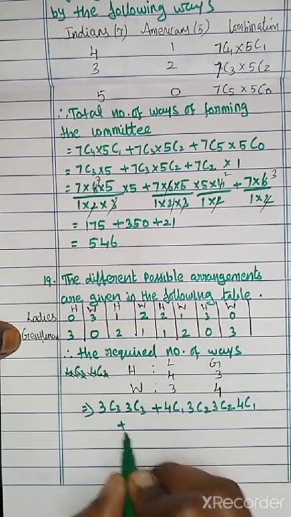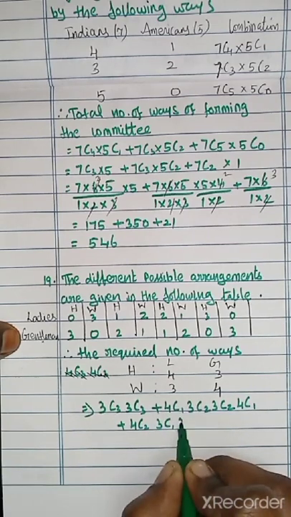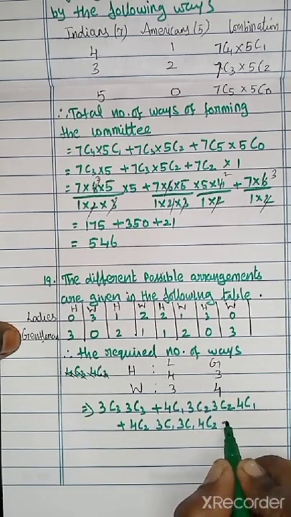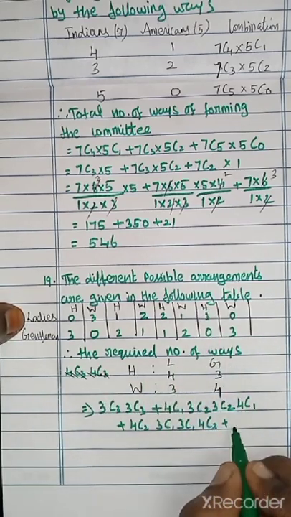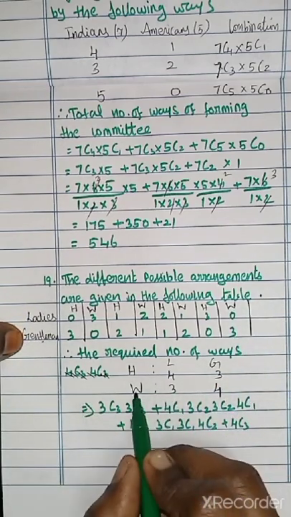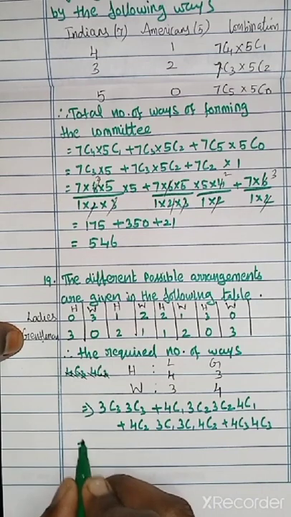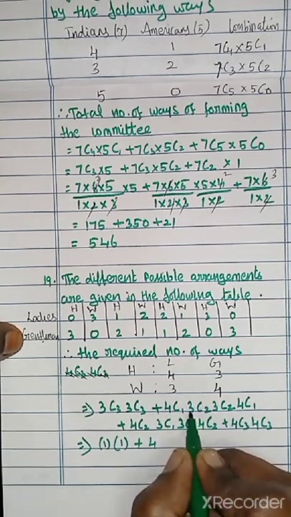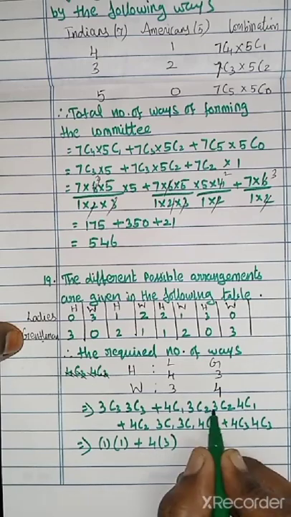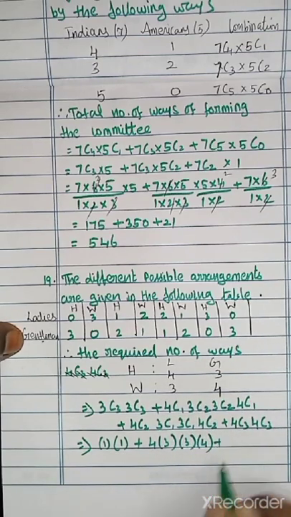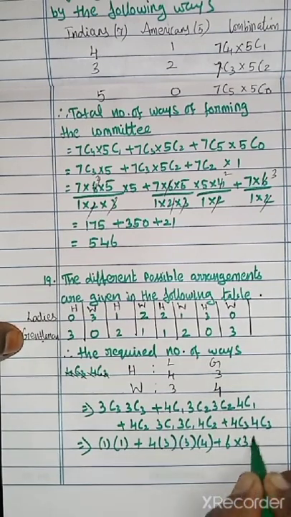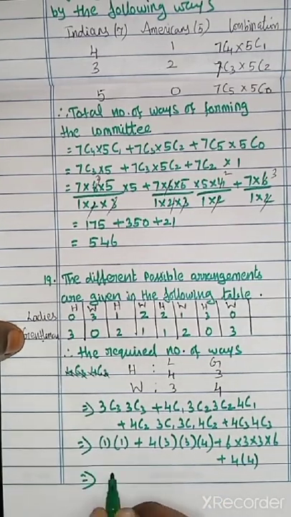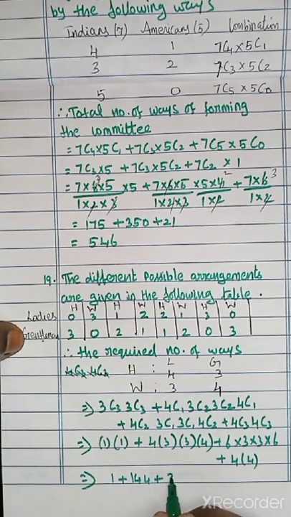Similarly, next this one, 4C2, 3C1, 3C1, 4C2, plus the husband's ladies 4, so 4C3, and similarly the wife's gentlemen is 4, so 4C3. Now 3C3 is 1, 3C3 is 1, 4C1 is 4, 3C2 is 3, 3C2 is 3, 4C1 is 4, plus 4C2 is 6, 3C1 is 3, 3 into 6, 4C3 would answer 4 into 4. So if we multiply this, 1 plus 144 plus 324 plus 16,